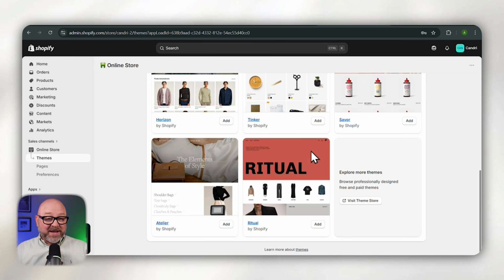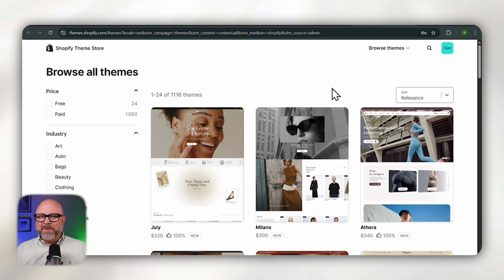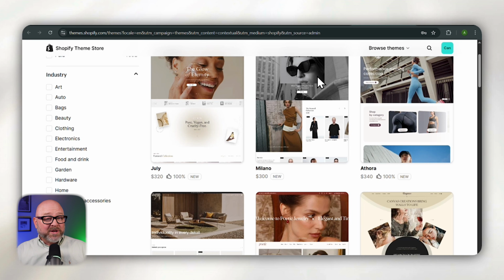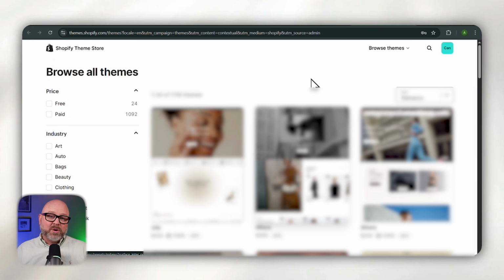This is where all of your saved themes will appear whenever you test new designs. To explore more theme options, scroll down to the bottom of the page until you find the Visit Theme Store button. It appears next to the Explore More Themes option. Now, once you click this button, Shopify will redirect you to the official Shopify theme store where you can browse